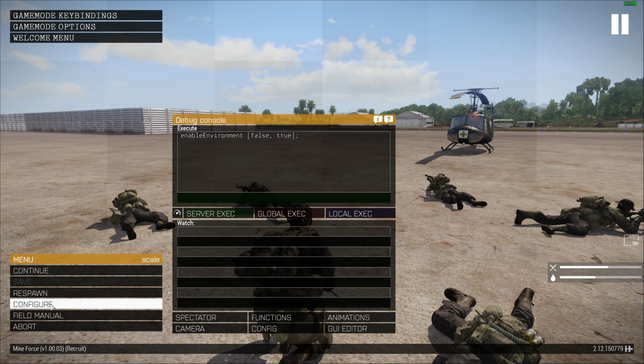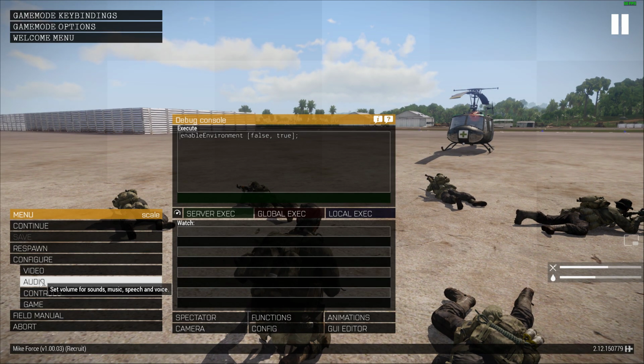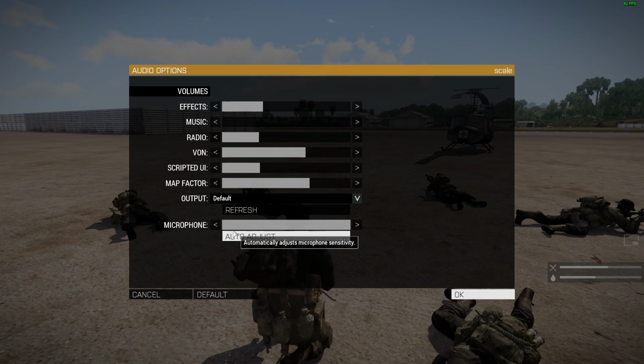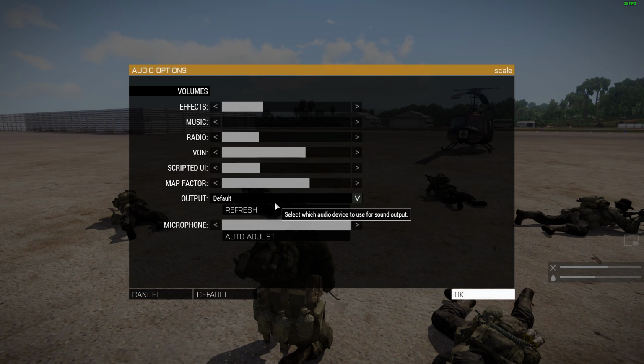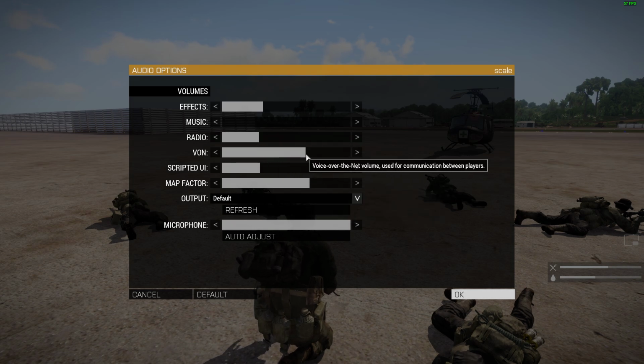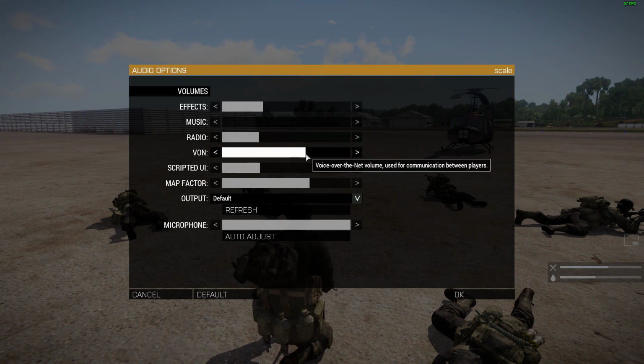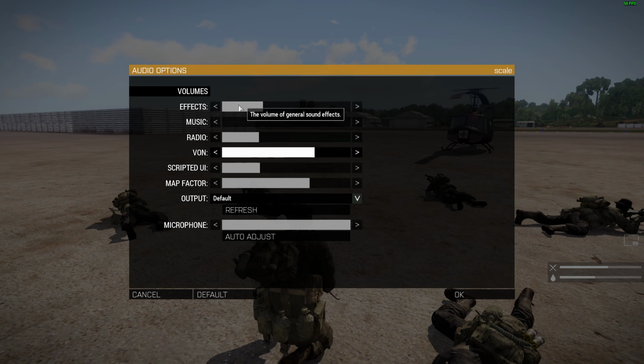First thing you want to do though is you probably want to go into your settings. Just go into audio, just check you've got your microphone set up so you can do auto adjust. Make sure that the VON is turned up as well so you can hear people. Now sometimes you have to adjust this depending on the mics that other people have as well, and you may have to turn down some of the other things like the effects and obviously music and stuff like that. Obviously you've got to have a mic plugged in